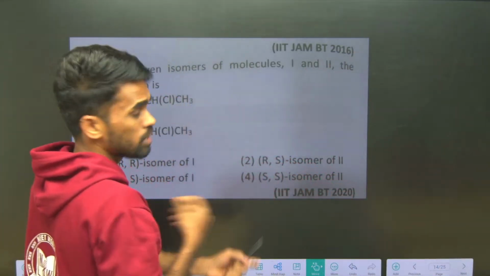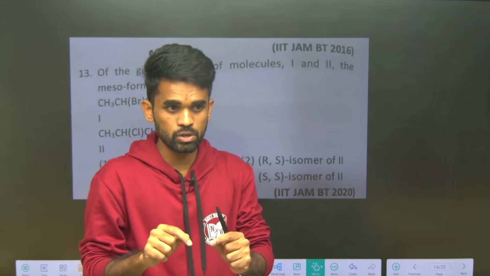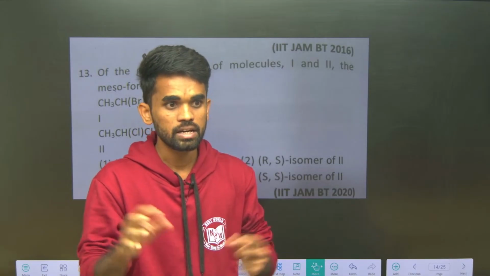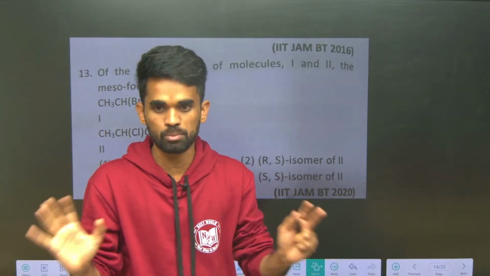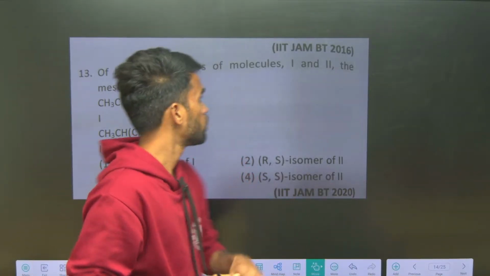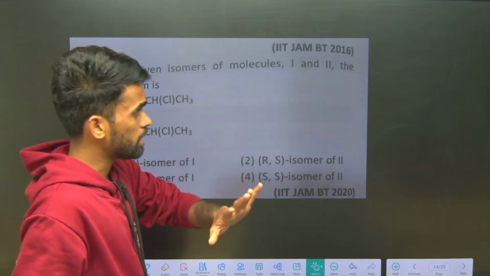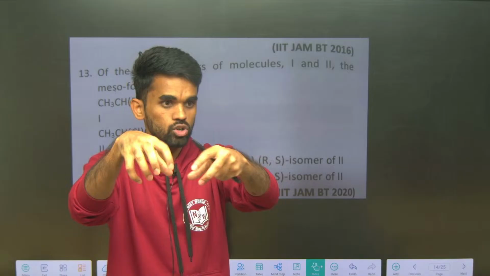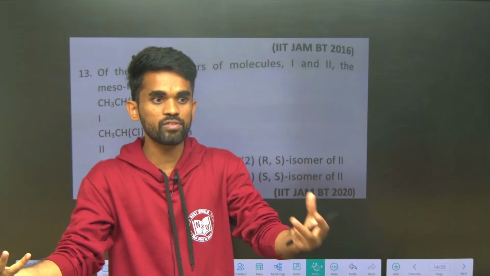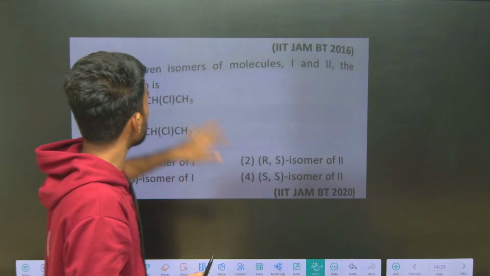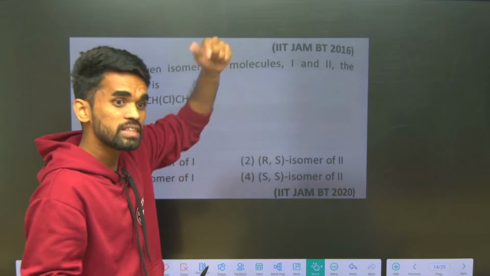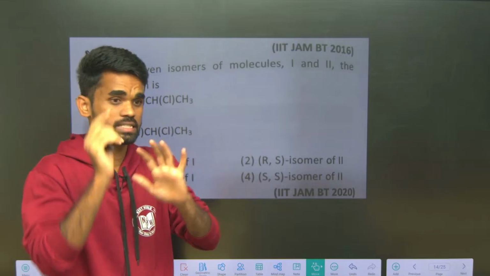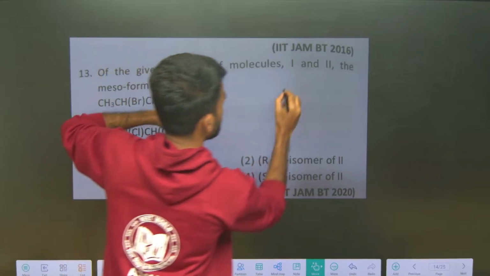Now, if someone asks whether a racemic mixture is optically active or inactive? Inactive, because the net rotation will be 0 because of equal amounts of R and S configurations. When I say racemic mixture, it is a mixture of 2 different compounds, one with R configuration and one with S configuration. When I say meso compound, within the molecule there will be one R configuration and another S. For example, you can take